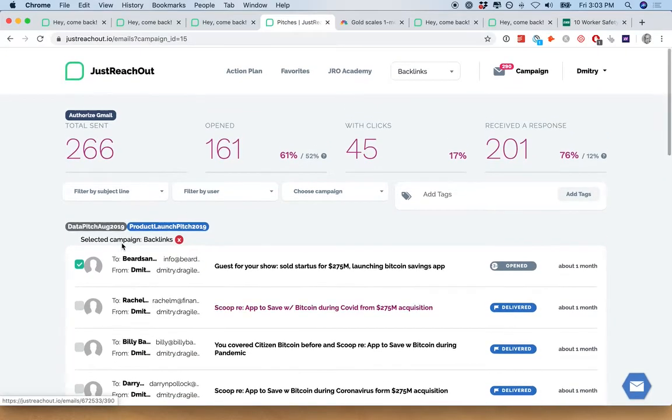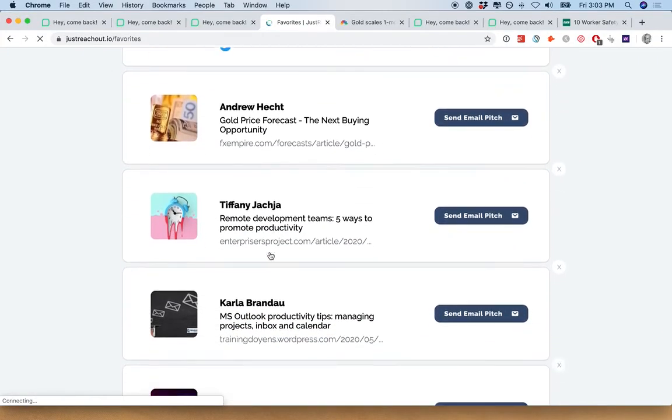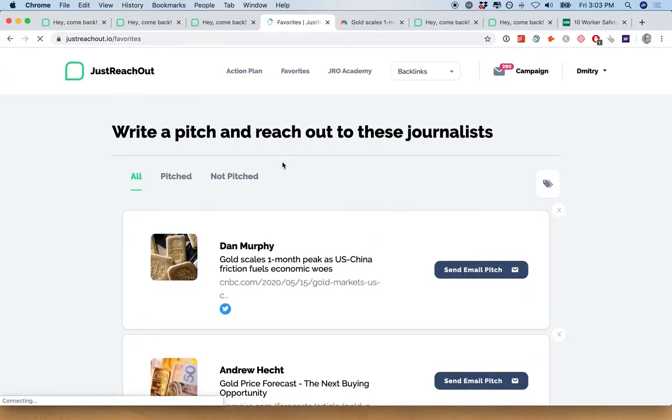So this, in a nutshell, is the outreach engine and the discovery and search engine as well for journalists. Most of your journalists do sit inside your favorites list, which contains all the folks that you've saved over your research. And this favorites list constantly will be updated as to once you've pitched versus not.